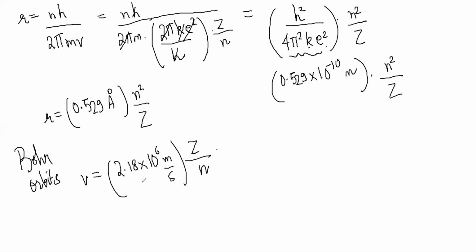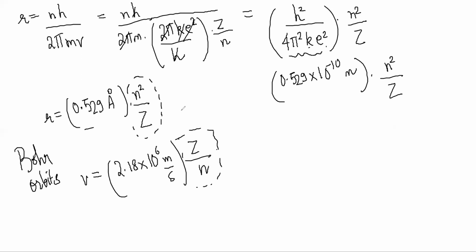Correct? Okay. So notice these dependencies. This is what is important to notice, and the value exactly. So now you can predict the radius of the second Bohr orbit will be 4 times the radius of the first Bohr orbit, no? Because n is equal to 2, then it will become 4. And for hydrogen, Z is 1. For lithium, Z will be 3, right?